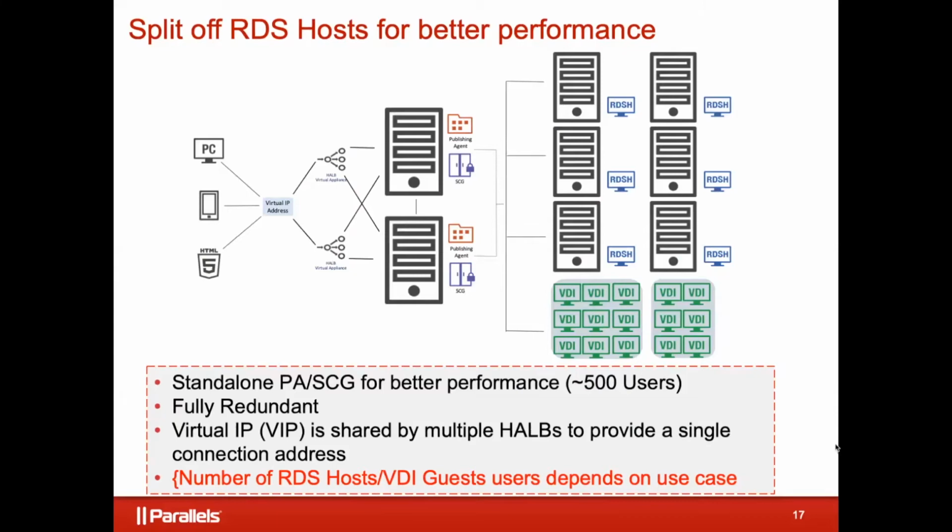They don't have to remember to change and try a different load balancer. They just go to that single connection point and they're good no matter what happens. So now we do have some redundancy built into this as well as some scalability. If you look at just the pieces on the left, I've got the two publishing agent gateway servers running by themselves. I've got two load balancers. That can support about 500 users just with that.